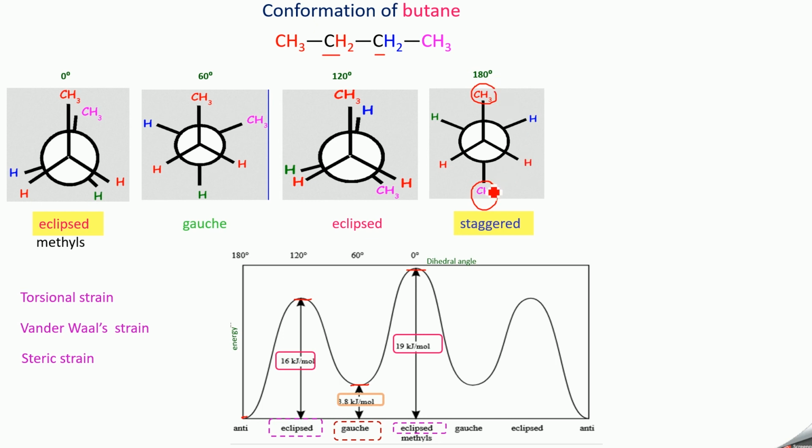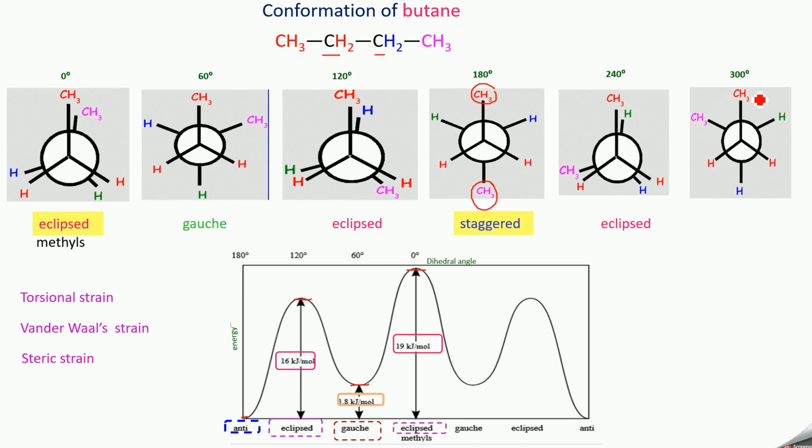So again when you rotate, this CH3 will reach that side, so again potential energy increases. At 240 you are getting this form. So this form where CH3 and hydrogens are eclipsed with each other is called an eclipsed form, but it is not fully eclipsed, it is partially eclipsed. So you will be getting around 16 kilojoule per mole energy. This is also an unstable form. So again when you rotate the back carbon, it will come over here at 300 degree. So here you will be getting our CH3 groups somewhat away from each other, and this form we call the gauche form. And here the potential energy is less.